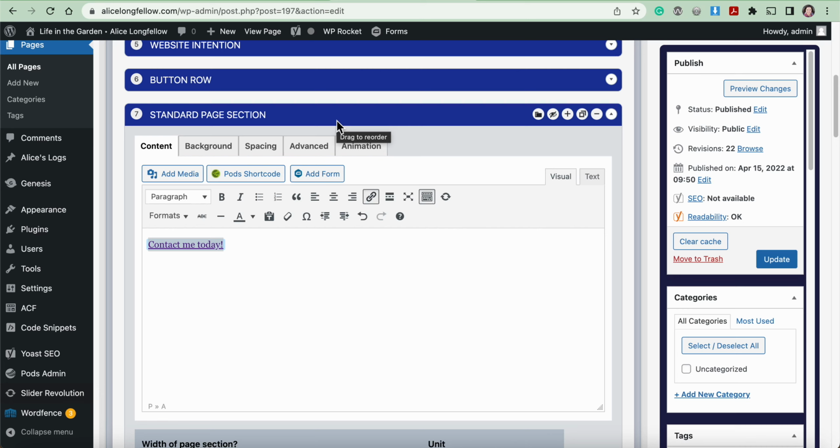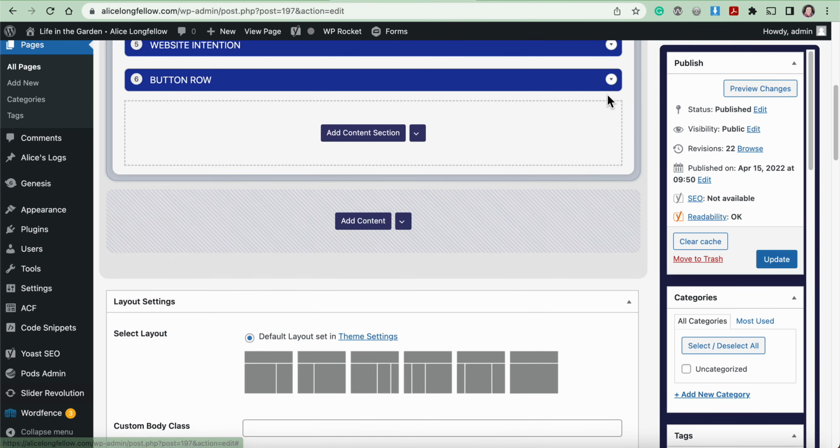Okay, so I want to remove the new section that we've just created, and that's very simple to do using this remove layout button, or looks like a minus or a subtraction sign. We'll click that. It asks us if we're sure that we want to remove it, and we are,